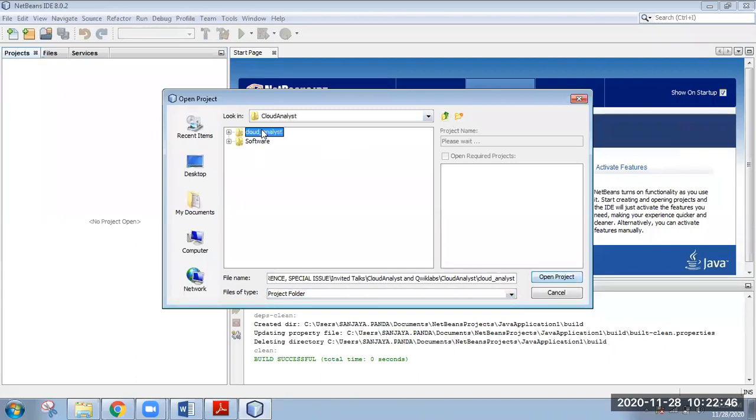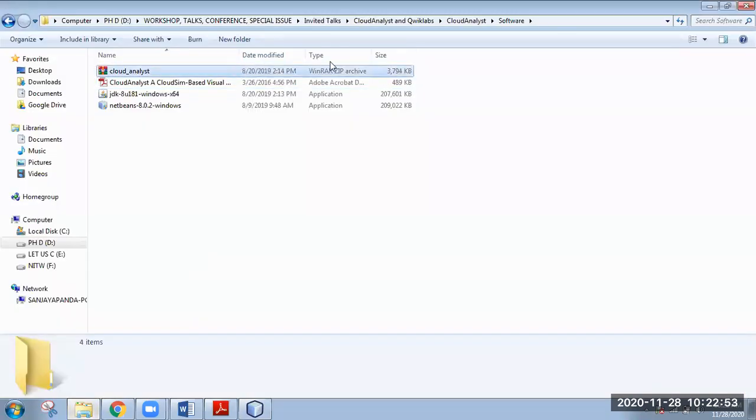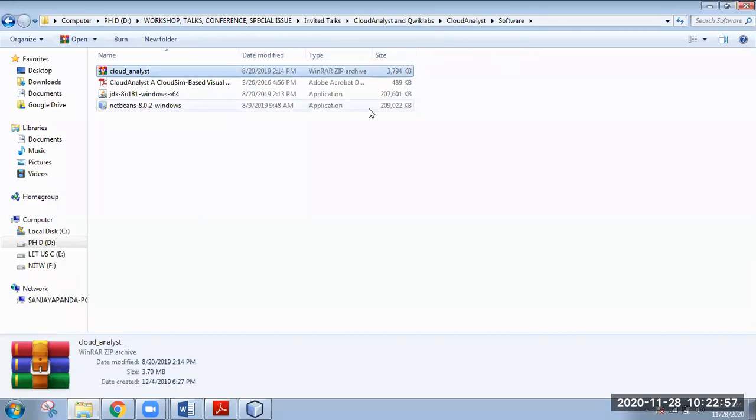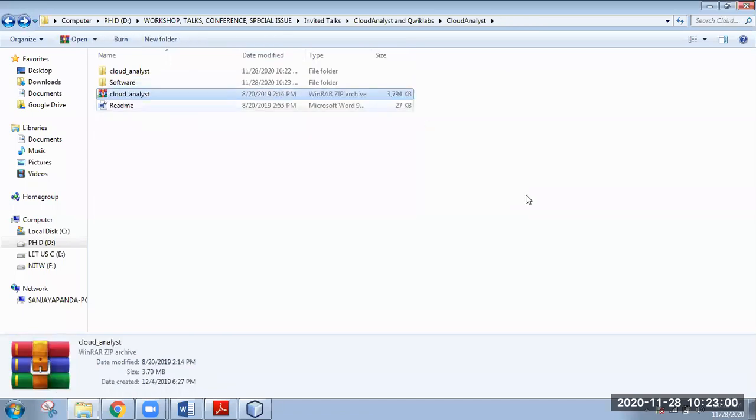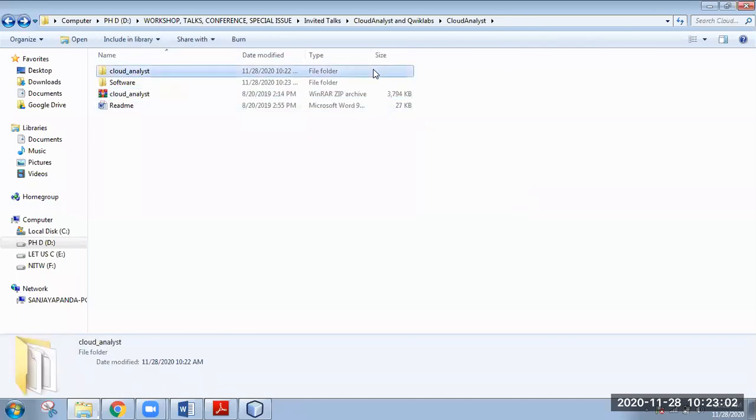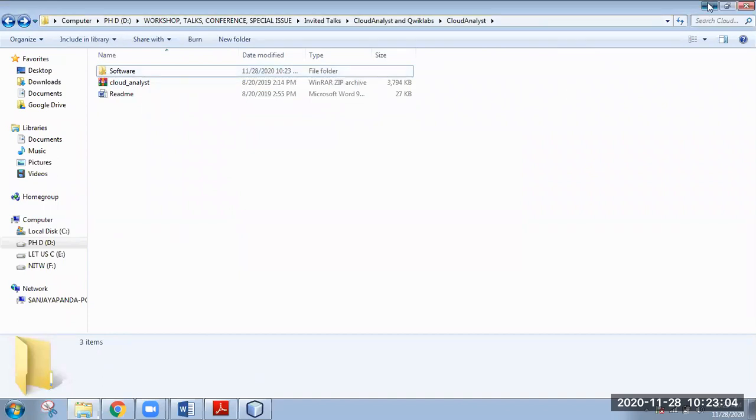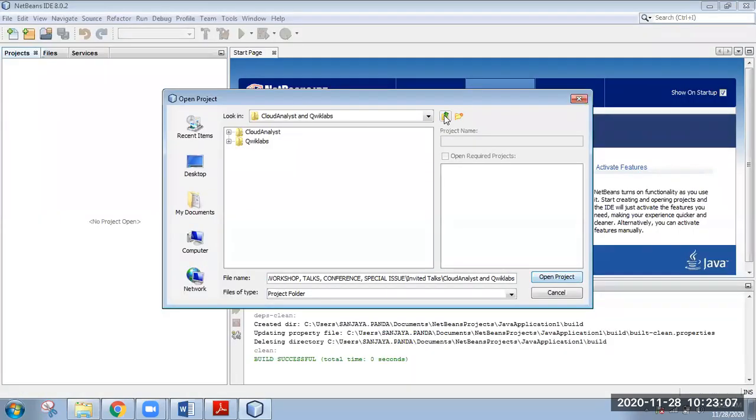Whatever was said by your madam, that zip file you have to extract. Okay, why is it not coming here? Let me paste here and delete this one. This is not required. You have to extract the Cloud Analyst zip file. Maybe it is not coming.